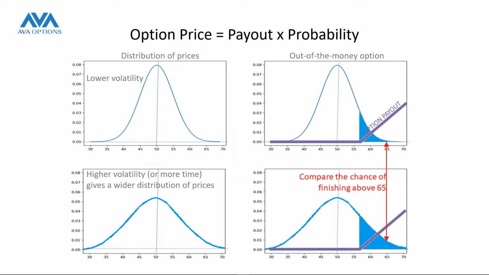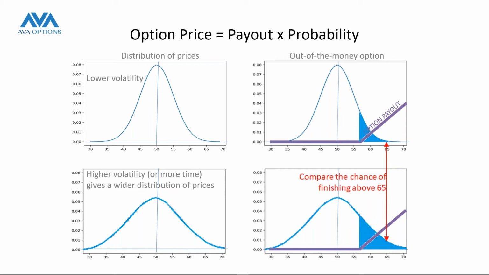I'm going to superimpose on the right side the one distribution, which is the first one, or let's say this is a low volatility option, a low volatility market. The market's not moving around a lot. We're starting at a price of 50, and most of the assets are going to fall near 50. Over here, in the bottom one, we have a higher volatility. We have a wider distribution, just like we saw on the previous page. I'm superimposing on this an option with a strike of, well, it looks like it's about 58, even though I wrote 65.